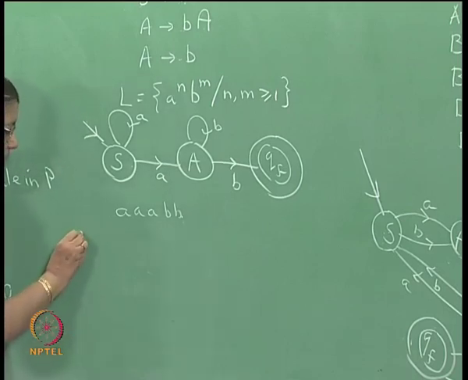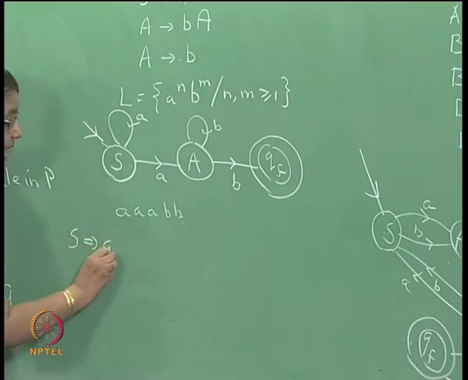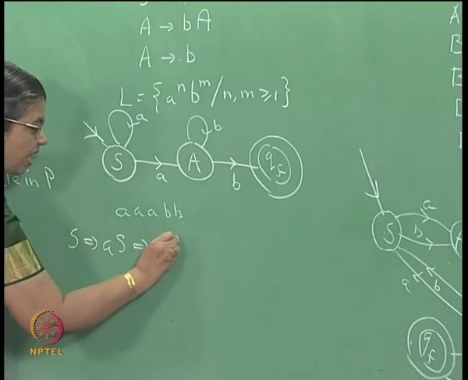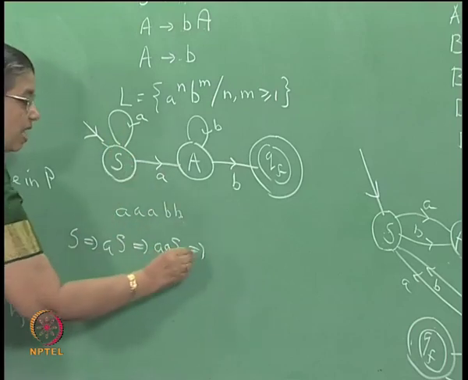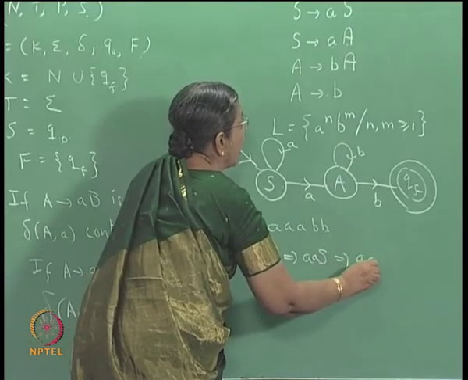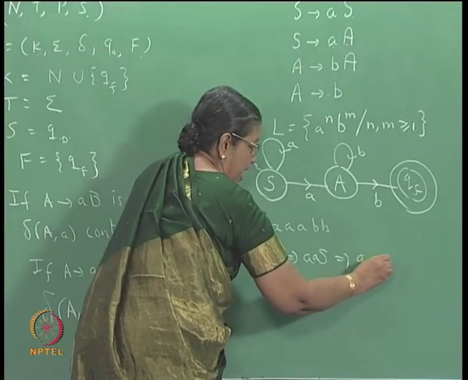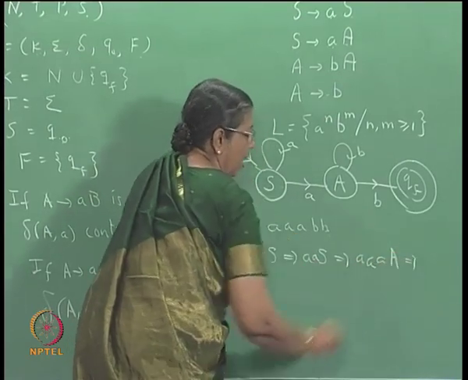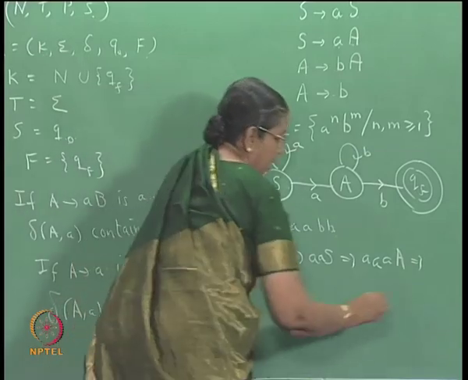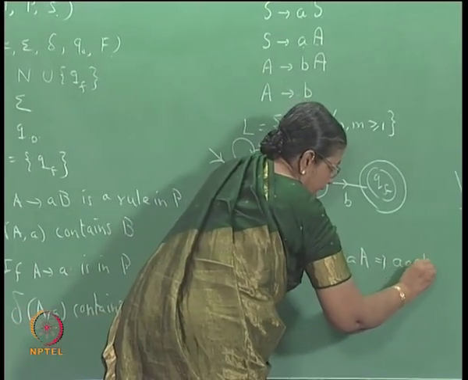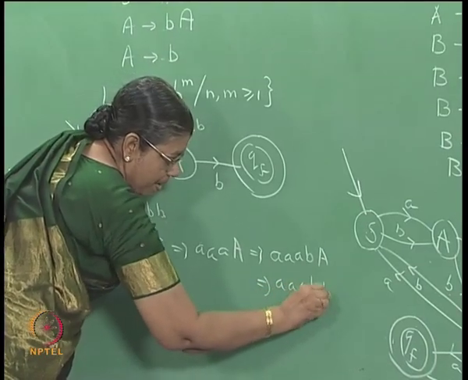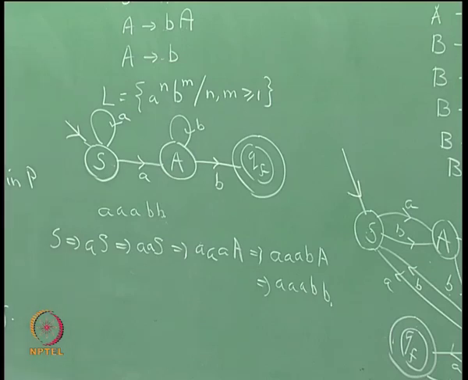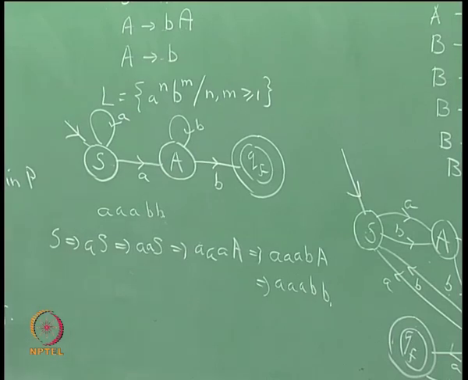How is this generated? This is generated like S goes to AS, AAS, AA, AAA, BA, AAA, B, B. The generation is like this. Now, if you look at the string